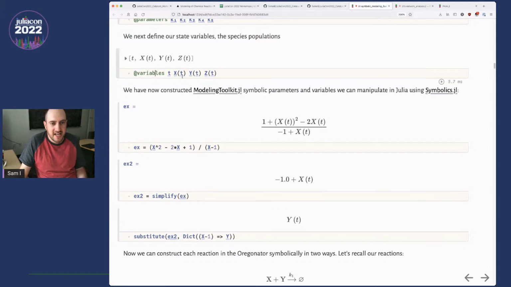So for example, if I take x, I can build a rational function from it, x squared minus 2x plus 1 over x minus 1. And then I can simplify that expression, and it factors it and eliminates the denominator. And then if I want, I could do substitution. So I can say replace x minus 1 with y, and it will substitute it out. So this really shows you that I'm just doing everything on top of the normal computer algebra system that's represented